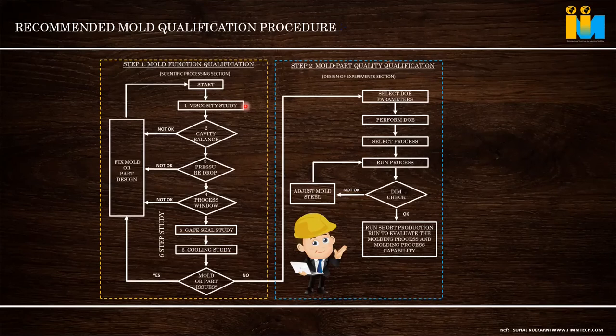Then comes the pressure drop. We already discussed the pressure drop. How much pressure drop is happening in the feed system? Nobody cares for that. I tell you, there is no concept like the first shot and the feed system will be okay. If I made 100 molds, I tell you in 99% of molds I have touched the feed system after the T0 trial. This is not a T0 trial. In a T0 trial, every time there will be some modification of the feed system if we are looking at the pressure drop and gate freezing.